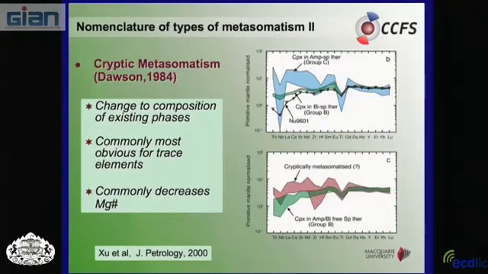You keep olivine, two pyroxenes, spinel or garnet or plagioclase. You don't form, for example, phlogopite, and you just play with the elements, especially with the incompatible trace elements, and you have this kind of pattern here normalized to the primitive mantle. You just have the change. If you have a partial melting, for example, you will have a pattern decreasing from the least incompatible to the most incompatible like this. And here you have evidence of cryptic metasomatism because you change the composition.